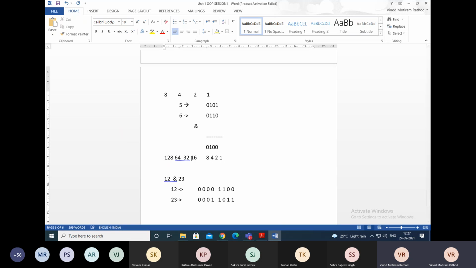So shouldn't it be 1, 1, 1? Yes, sir. See here, 1 1. See, 16, right? We have to add 16 because we have to form 23. We can't add 32 because 23 is already smaller. So we have to form this number. We have to think about which numbers we can add to get 23.